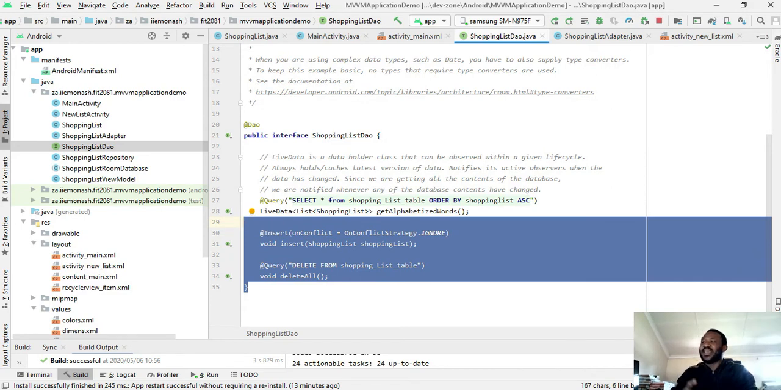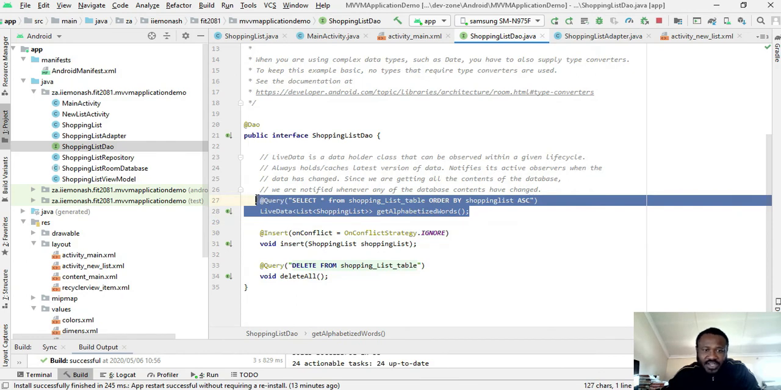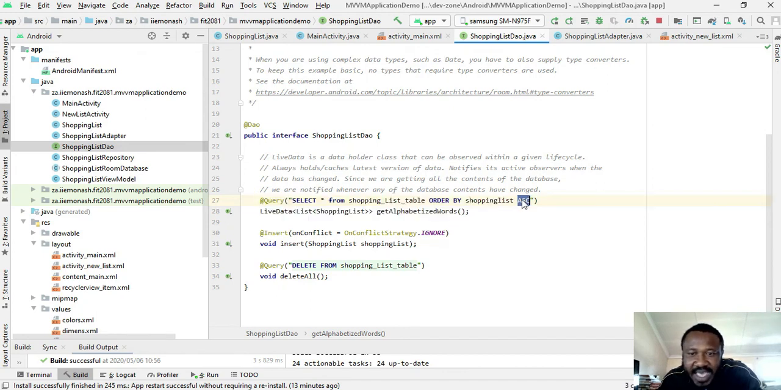Now in our DAO, we are providing about three queries. The first query is to get all the shopping list, or all the words that we use for our shopping list, and we want to order them alphabetically. So this is basically what we did. We said select star from shopping list table. Remember, the shopping list table is what is coming from our shopping list entity. We then say order by shopping list, and we say